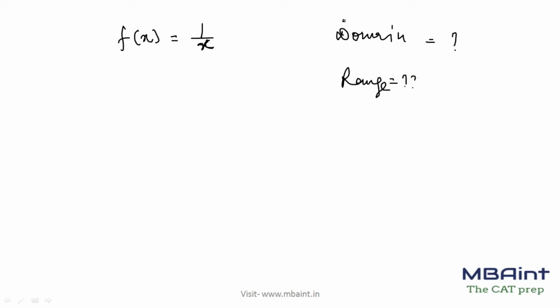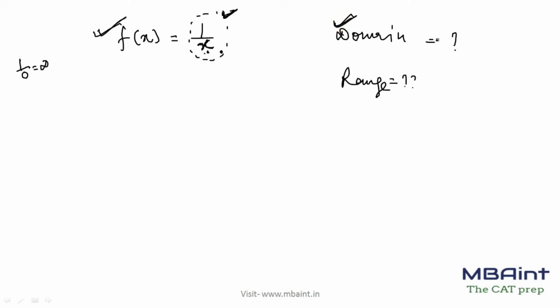Now remember I said domain is nothing but for which value this function is valid, right? So I know that if I put any value of x, this function will be valid, except, so what is the condition, that if I put, let's say, x is equal to 0, my this entire function will nullify, right? Matlab this will become infinity, right? 1 upon 0 is infinity, right? So my function won't even exist. So what I need to keep in mind, that my denominator is never 0, right? So that's the only thing which you need to keep in mind while solving the function. So your denominator should not be 0. So for what value of x this function is valid?